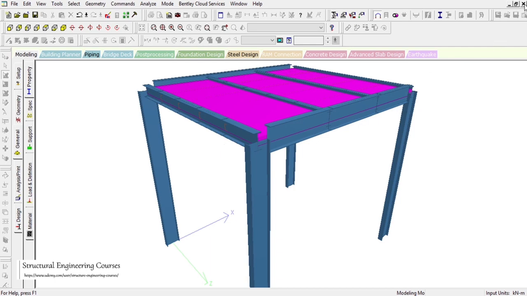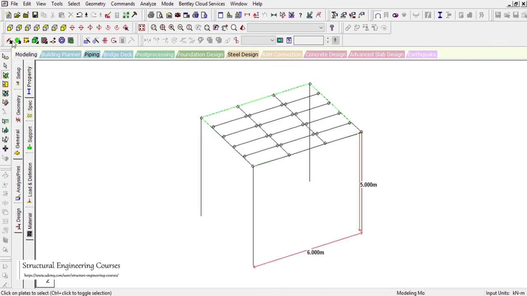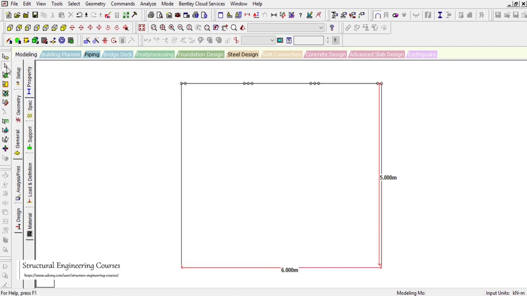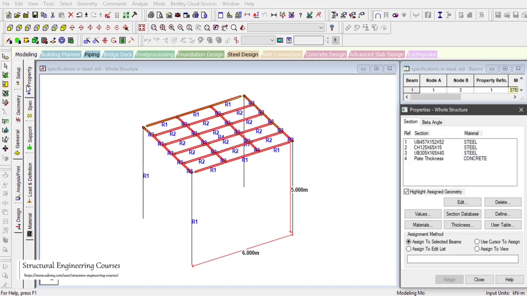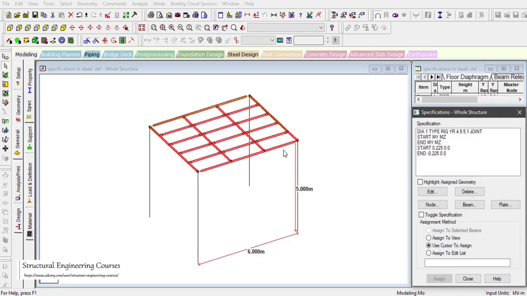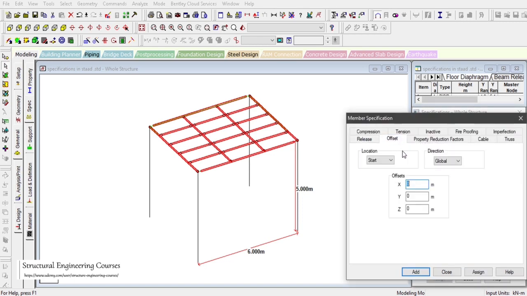To correct this, we need to select all these members here, select the Beams cursor here and select all these members. We need to go to General and Specification, and go to Beam, Offset, and Y as minus 0.225,